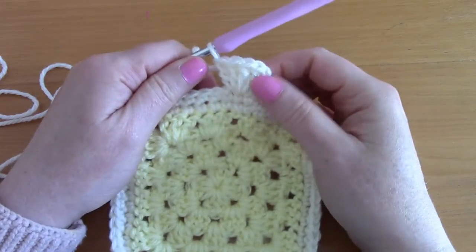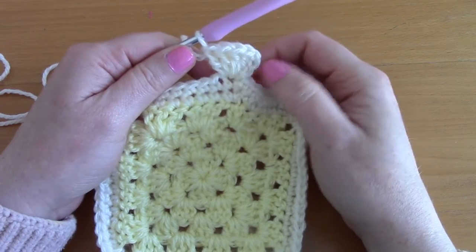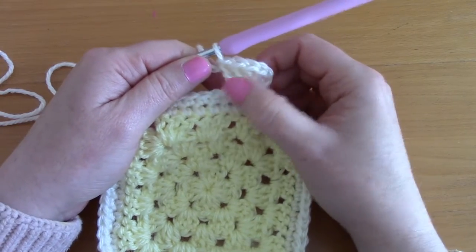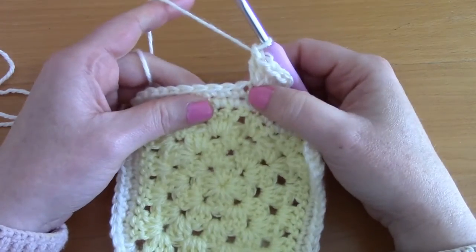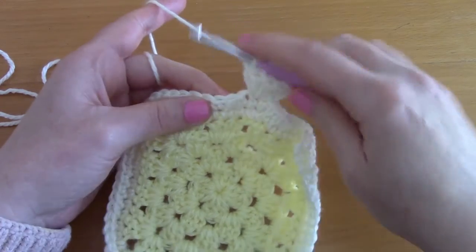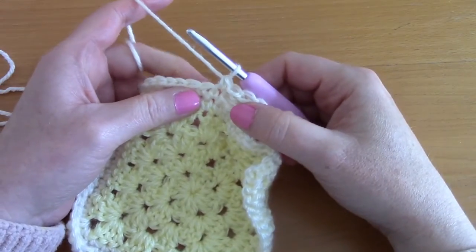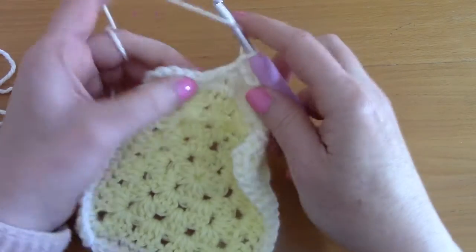And this is our first shell, and it comprises 5 double crochets because obviously the chain 3 here counts as a double crochet. So you have 5 double crochets in 1 shell stitch. What you are going to be doing is skipping 1, 2 stitches and going into that 3rd stitch here with a single crochet. So single crochet into that stitch, skip 1 and 2 and go into the next with 5